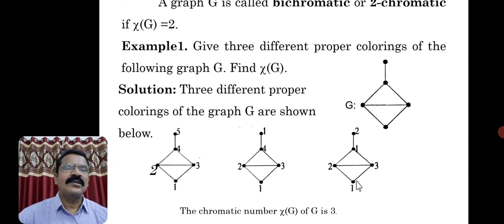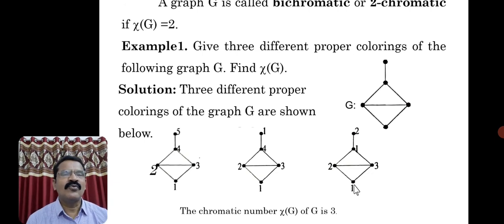How? This we have colored by 1. These two are adjacent vertices, that's why I used the color 2. For the third vertex, you cannot use 1 or 2 because these two are adjacent with the vertex, so you have to assign another color, say 3. But this vertex is adjacent with the vertices colored with 2 and 3, so you cannot use the color 3, but you can use the color 2 because these two vertices are not adjacent. So you can use the color 2 for this vertex. This is how we have reduced the number of colors.